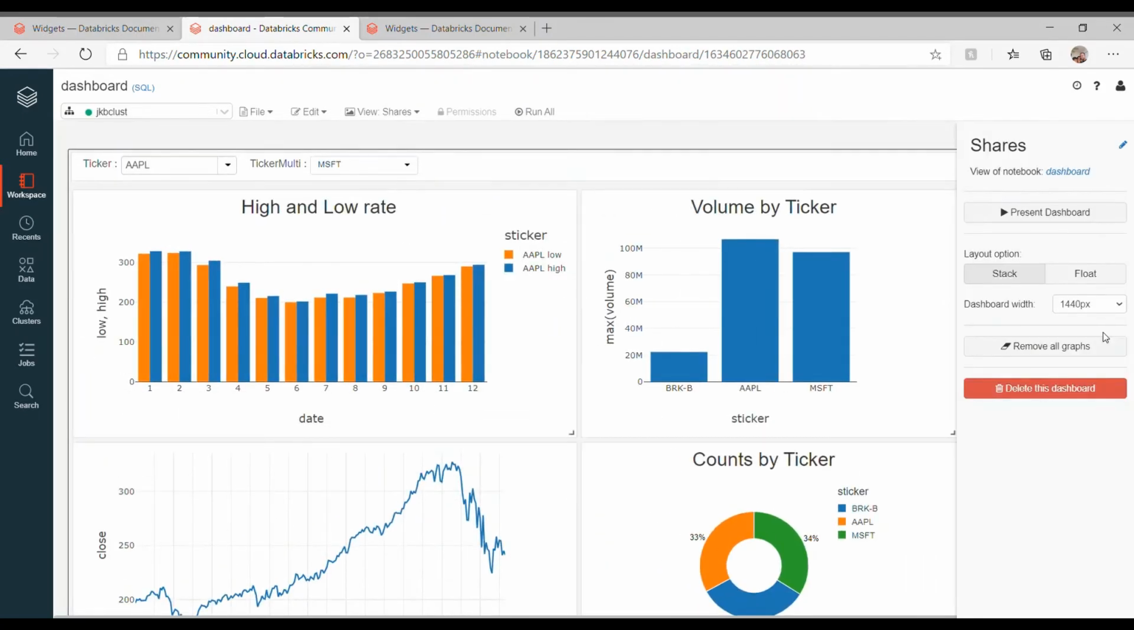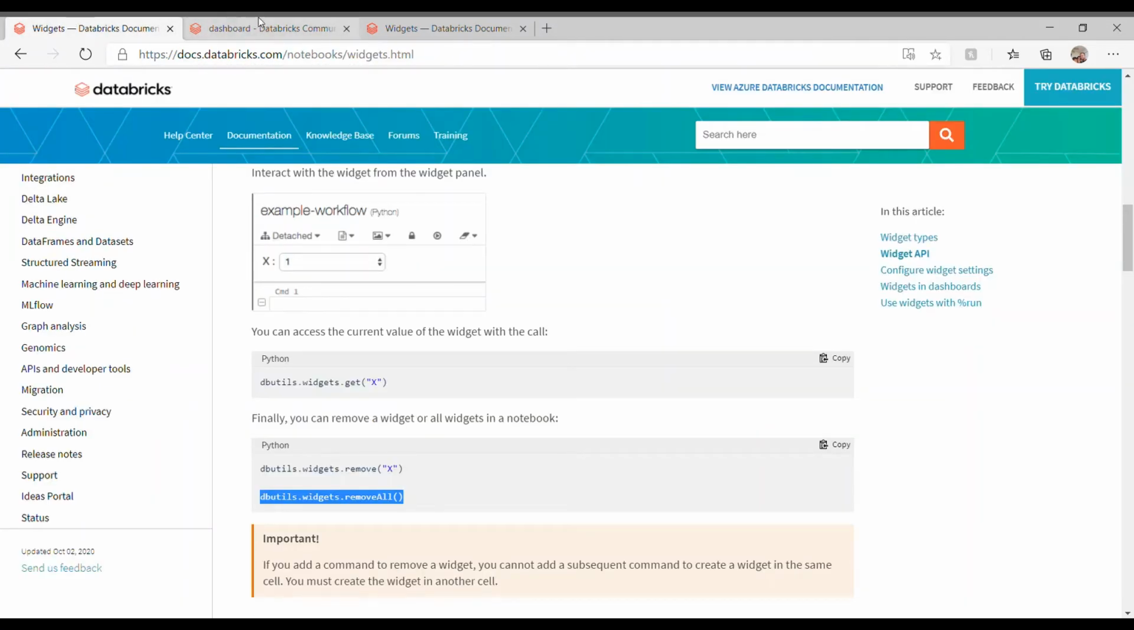Go there. See, I have added four graphs, right? All these four graphs I added, and you can also see that the widget also came here. So you can select which ticker you want, and this will change based on the selection. I think I updated the values, so that's the reason it is not showing the dashboard. Let's create a new dashboard, right? So go back here,